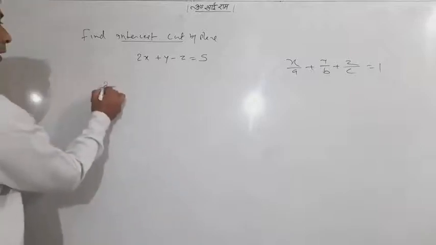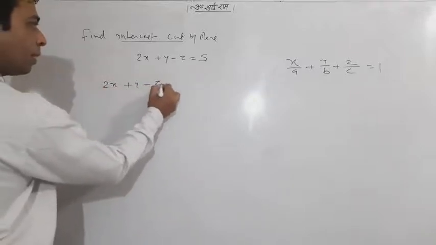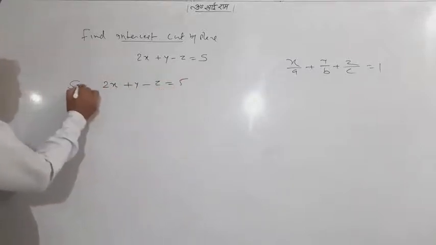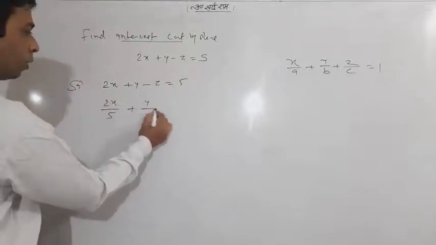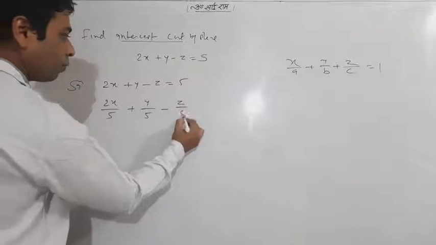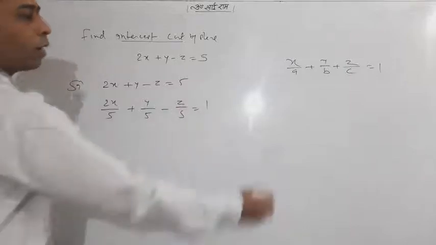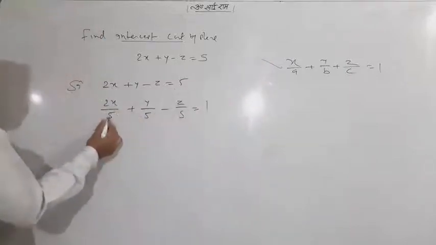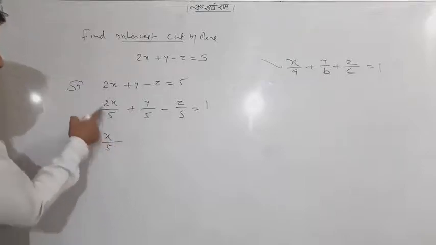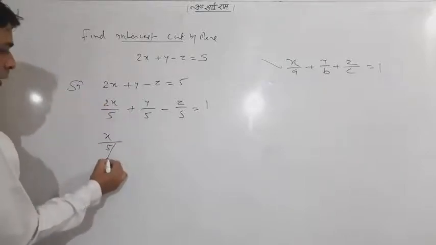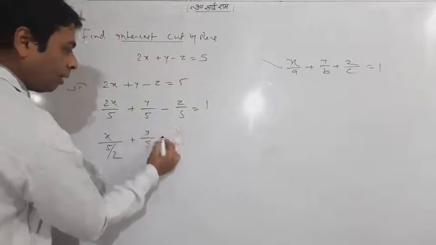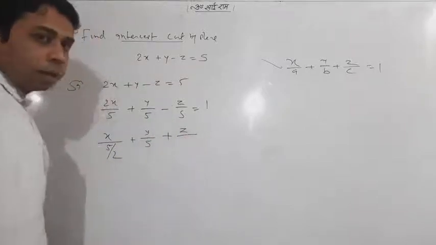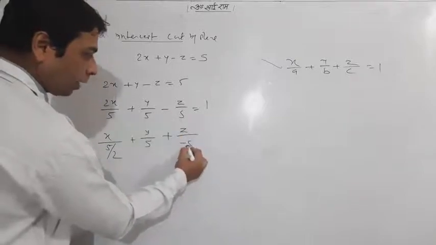How can you convert? Look, I'll tell you. First of all, you write the equation. This is the solution I've started here. Second, you divide by 5. Now you get a 1. Now can you convert in this way? Put x alone, so you have to transfer the 2, so put it in the denominator of 5. y is already alone. I need a plus sign here. What about the minus sign? You can write the minus with the 5.